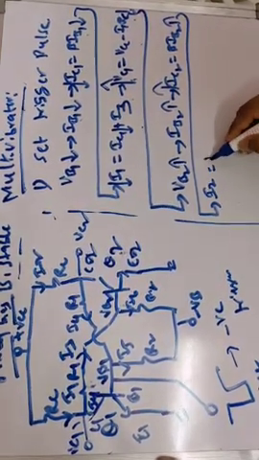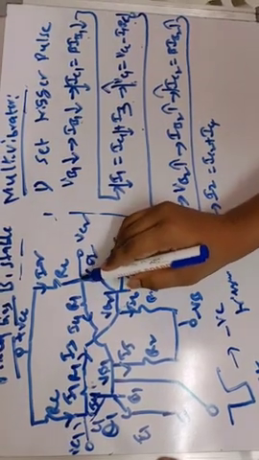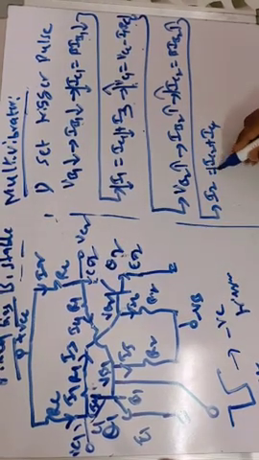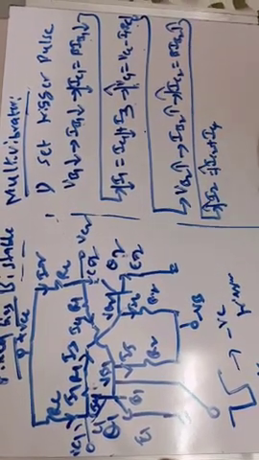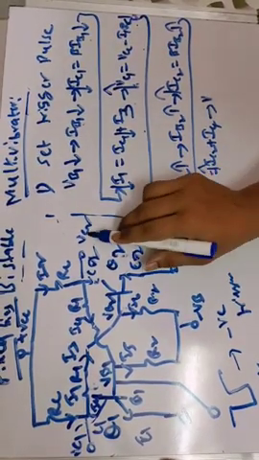I2, as we know, is a combination of IC2 plus I4. Applying nodal analysis at this point, the two currents leaving are IC2 and I4. As IC2 is increasing, what happens to the current I2? I2 will also increase. As I2 increases, what happens to the potential at this point?